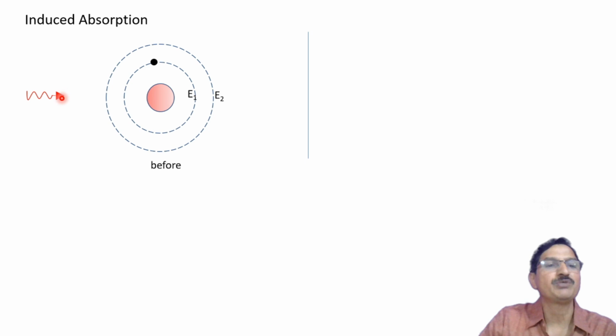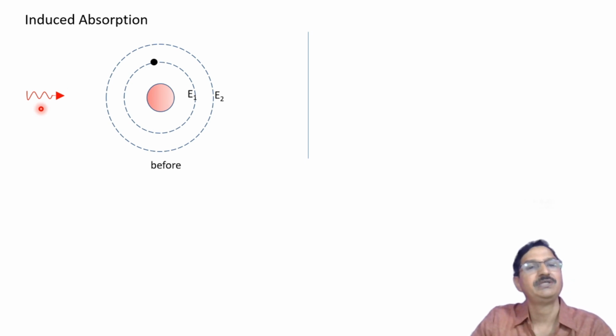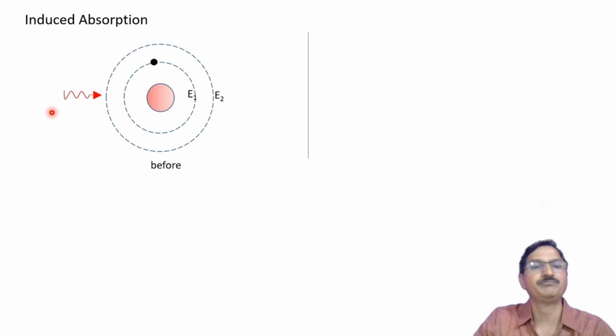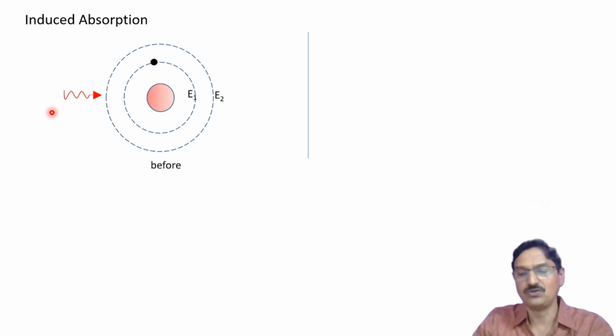Suppose a photon is incident on this atom. When this photon has the energy hν equal to the difference between these two energies, that is E2 minus E1, and such a photon is incident on this atom, then it is observed that